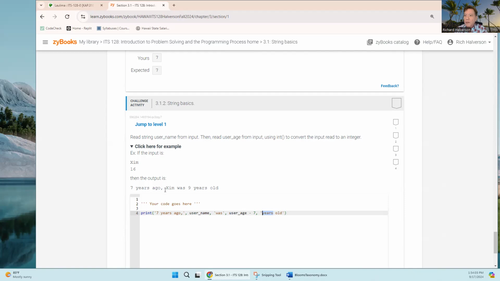So first we want to read this in. So let's do that. We're going to say username is equal to something we read in. That's just inputting. It's going to input the username first, and then we're going to input the user age. And so that's going to be user age